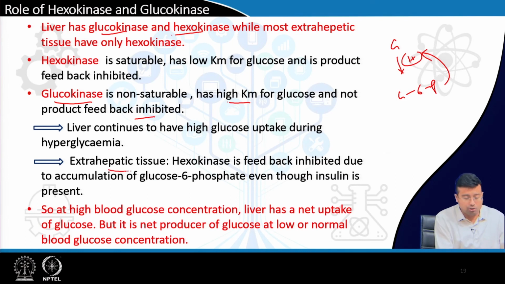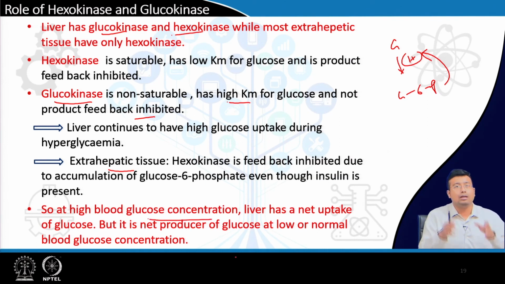whereas in extrahepatic tissues, even if insulin is present, the glucose uptake will be inhibited, right. So, this all leads to one summary: at high blood glucose concentration, the liver has a net uptake of glucose,